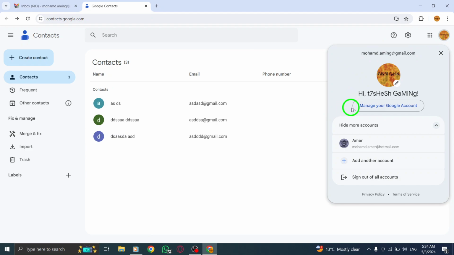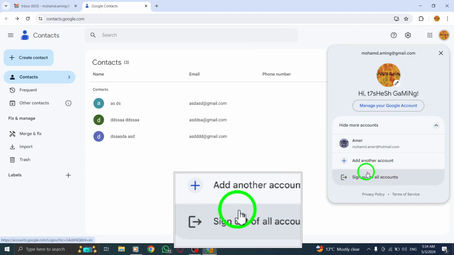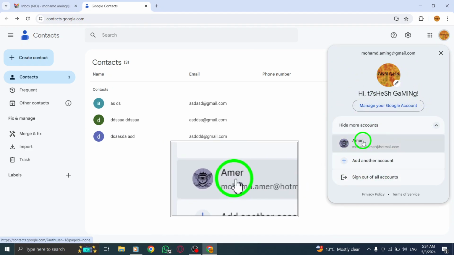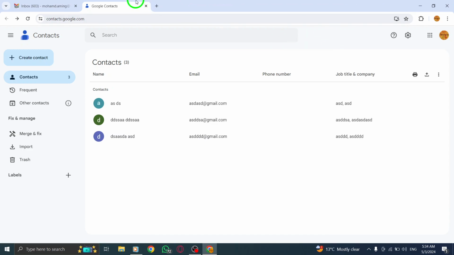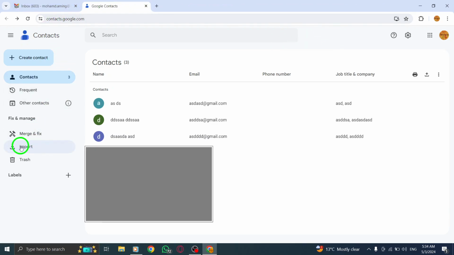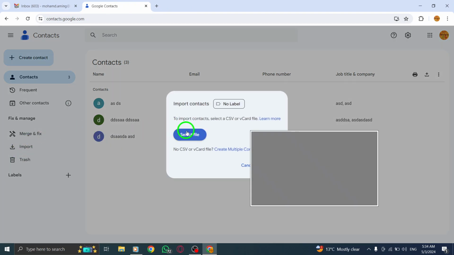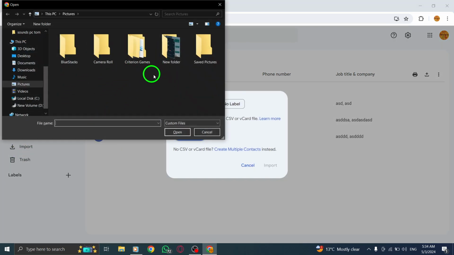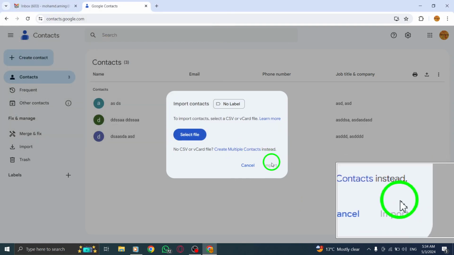of the current account. Now, go to Google Contacts and sign in with the other Gmail account where you want to import the contacts. In Google Contacts of the new account, click on Import Download, then select File to choose the exported contact file. Select the file and click Import to add the contacts from the previous account to your